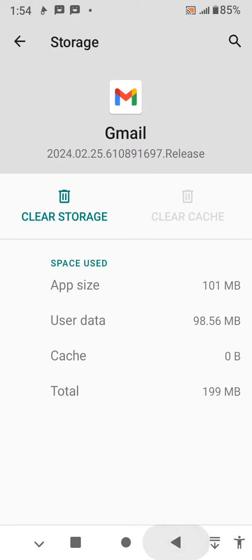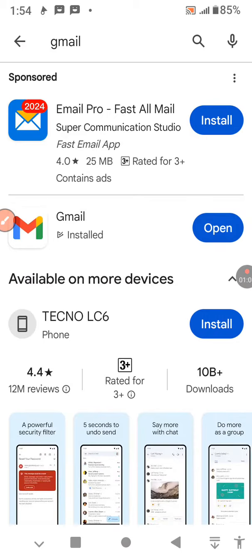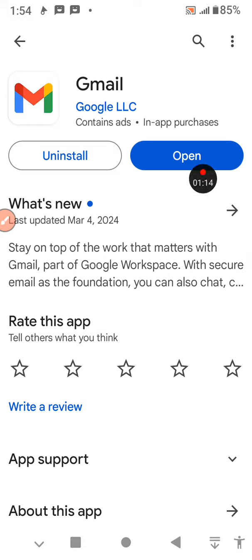After doing this, what you have to do is to go to your Google Play Store and try to search for Gmail. So after searching your Gmail, what you have to do is to tap on it to open it. Then after that, make sure you check the latest update of this. So when you can find update over here, just tap on it. But when you can find open as you are seeing on mine, don't tap on it, but rather try to